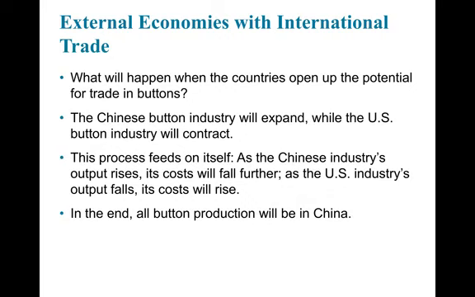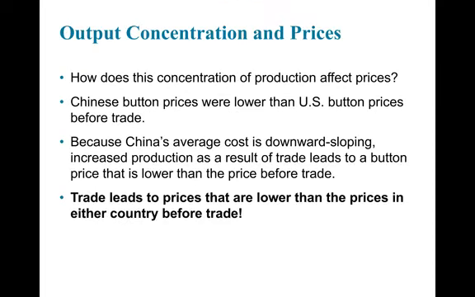So in the end, there is concentration of all button production in China. This is the important novelty relative to the previous model. Let's ask ourselves, what is the implication of